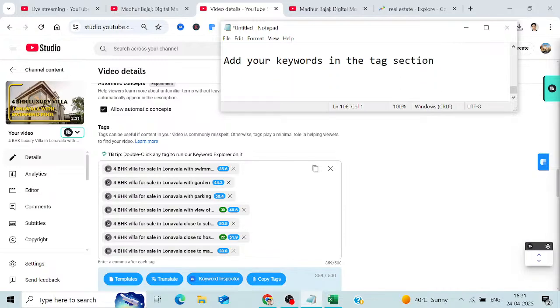Ideally it should be 5 to 6. It should be 5 to 6 keywords in the tag section. Okay, clear everyone? One thing, make sure the keyword before you upload